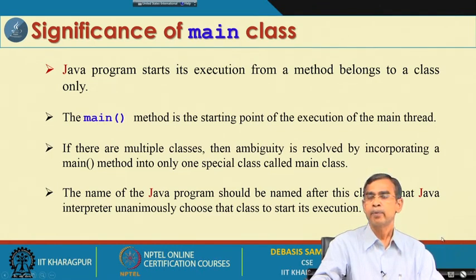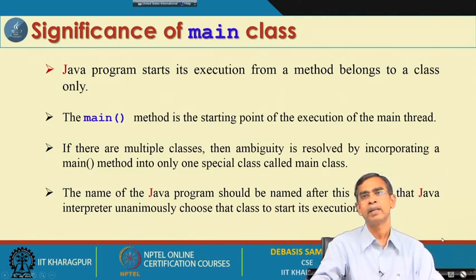If a program file contains a main method, then it gives a signal to the Java runtime environment that we have to start its execution from the main method. Out of the many methods, if the main method is there in that class, execution will start by invoking this main method, and then the main method will call some other methods, create many objects, and do whatever operation is there.